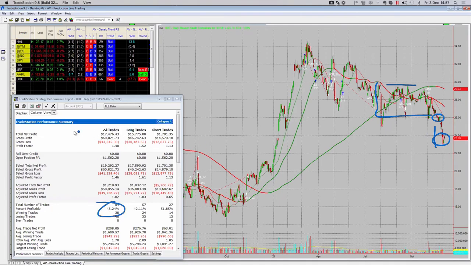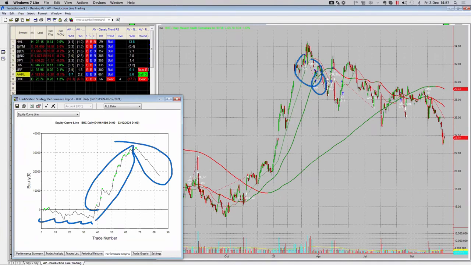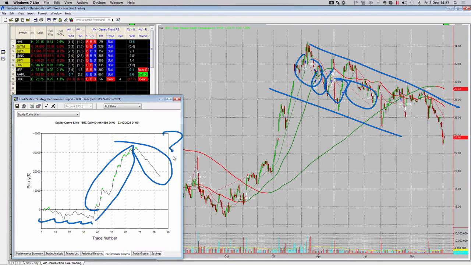We're winning 45% of the time. We are making money. The profit factor is not fantastic, so just keep that in mind. So maybe we think about smaller targets and tighter stops is all I'm thinking. That could be something that I would consider there. Let's check out the equity curve. It's been bad, then great. And in the last short while, it's not been fantastic. You can see visually it's getting you in and out here, mainly because we're seeing that consolidation. But nonetheless, should I be just classically trend trading that right now? Maybe it's not the best candidate for me to consider right now.